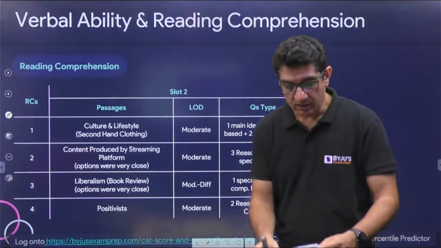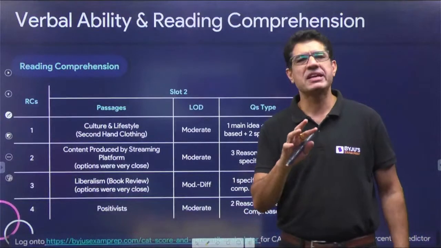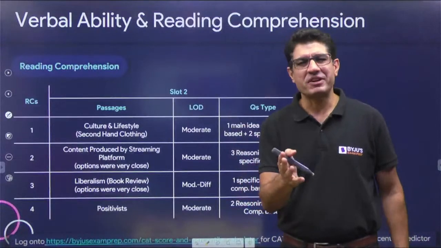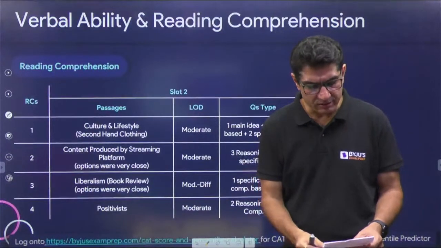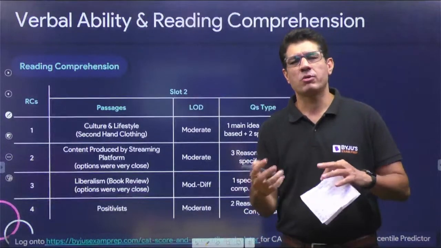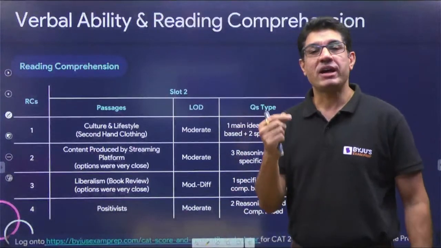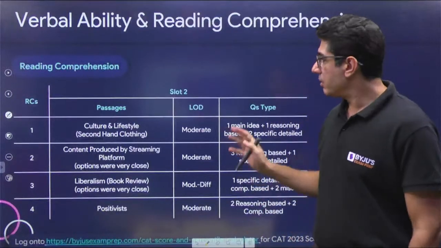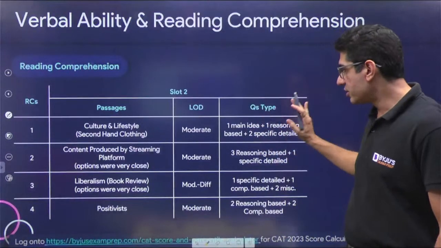Then we had a question which talked about, hey, why is thrifting ironic? What is the reason behind labeling thrifting as ironic? This was a specific detailed question. If you referred to the right part of the passage, it was easy to answer. And then similarly, why did ThredUp not catch on in Europe, which all of the following have been given as reasons except. A moderate question, because you had to refer to 2-3 different places in order to arrive at the answer. But on the whole, I would say this is a passage where I would expect every good student to go ahead and answer 2 questions right.